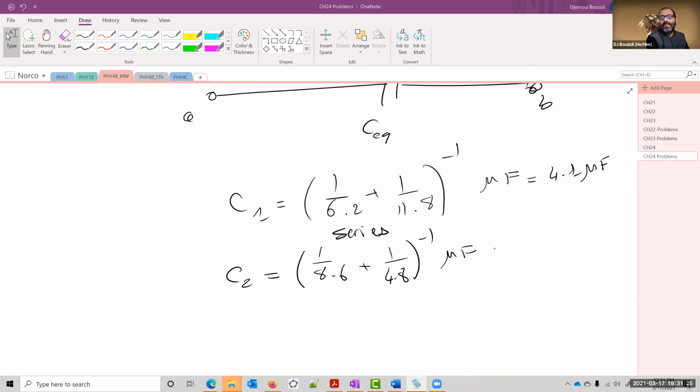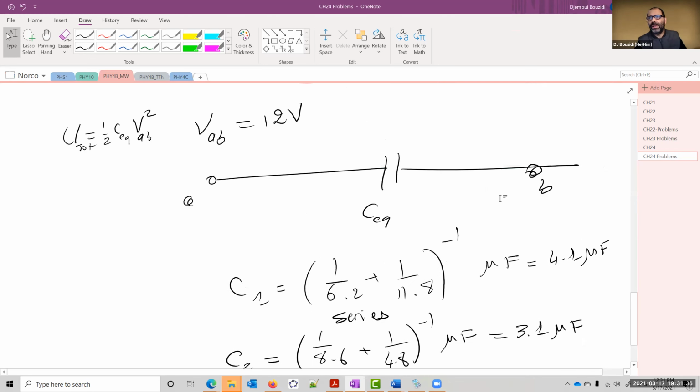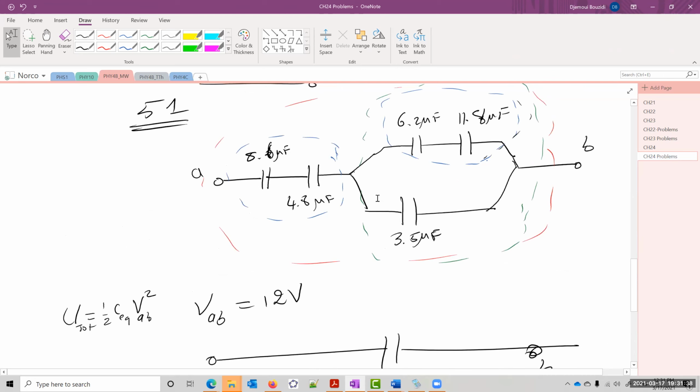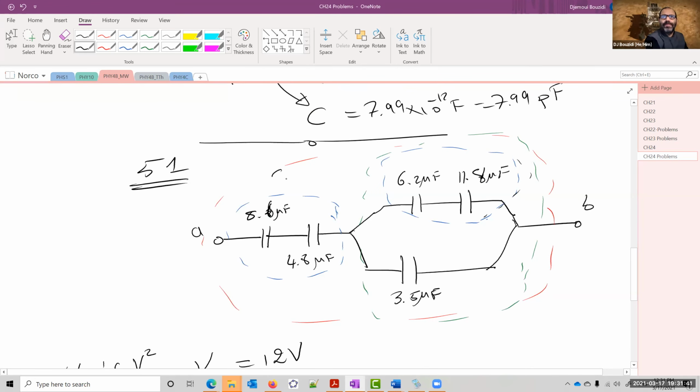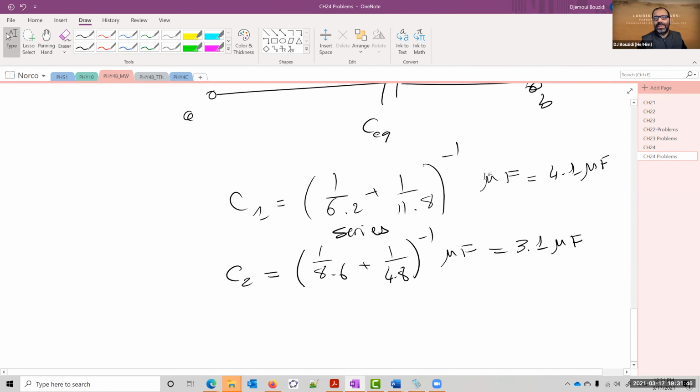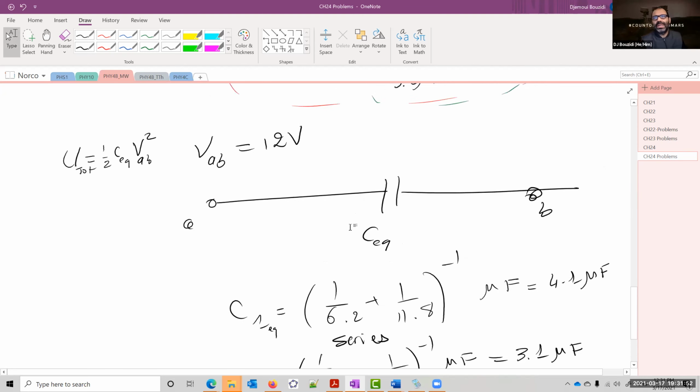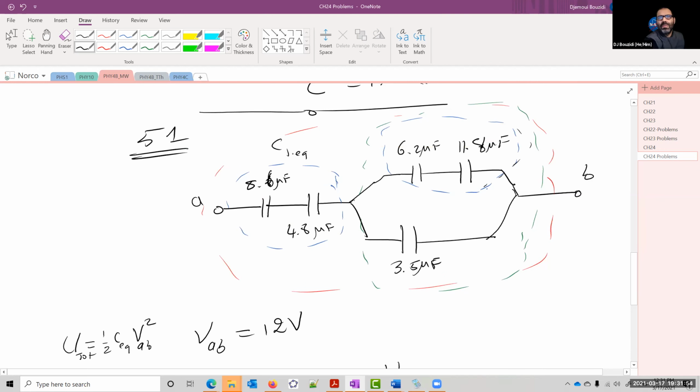So this is 3.08 that is, which is roughly about 3.1 microfarad, okay? I know I'm rounding up, so hopefully you guys will fix these things. So we found this C equivalent. So this is, I called it C1 equivalent. Did I call them C1 or C2? No, this was C2 equivalent actually. And this one was C1 equivalent. So this is actually C2 equivalent. And this was actually C1 equivalent. This turned out to be 4.1 and this one to be 3.1.